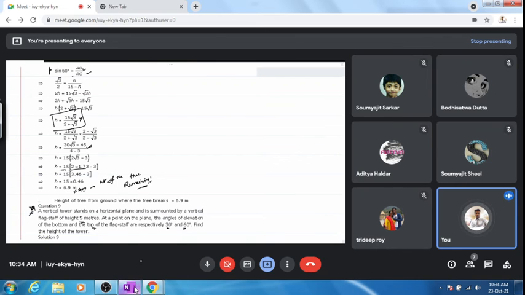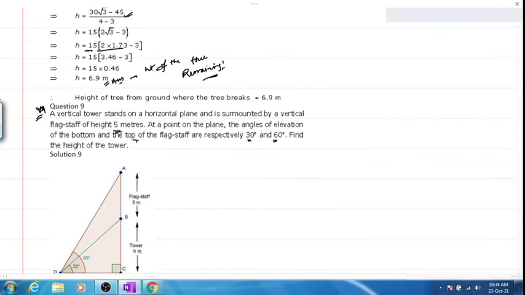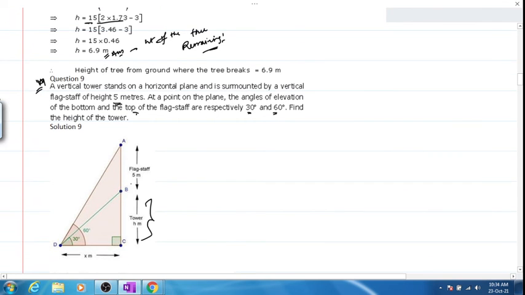Now what else you will require in this simple question? There is a tower, there is a flagstaff, and of course out here you have been asked to calculate x and the height of the tower h, and the angles of elevation of the base and the top are given as 30 and 60 degrees respectively. Now kindly go on to calculate the x and h. Hurry up.